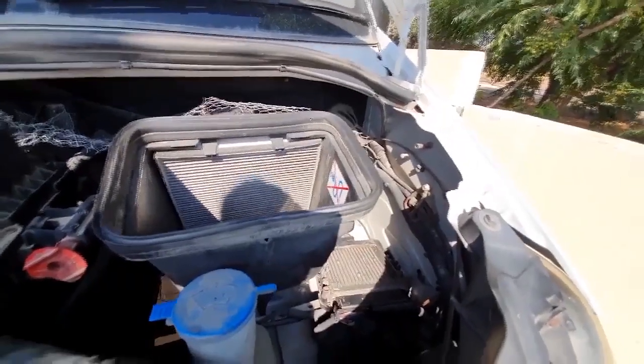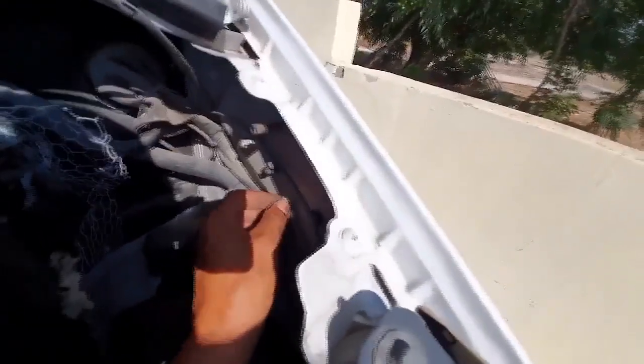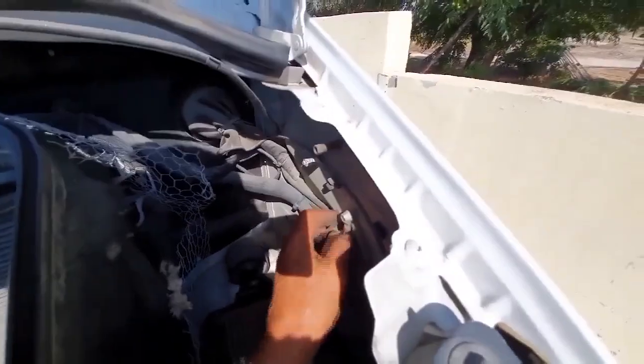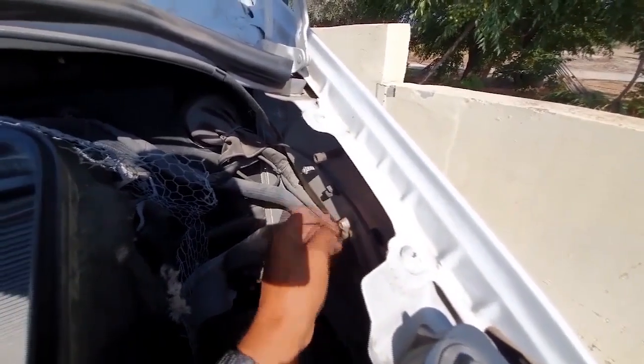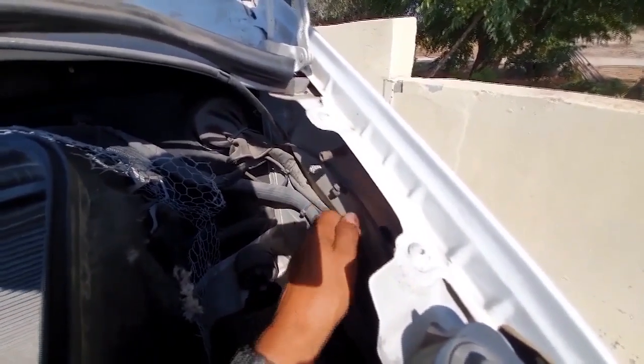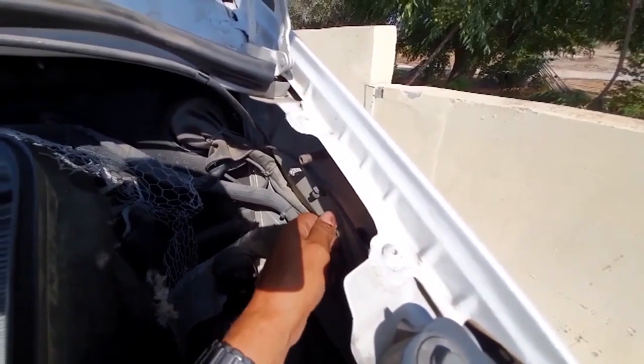Right, we're under the hood. Now there are some ground points here. I touched on them, they were tight, they look good, clean. Even though they do look good, I removed them, double checked them, put them back together. But I had to check the main